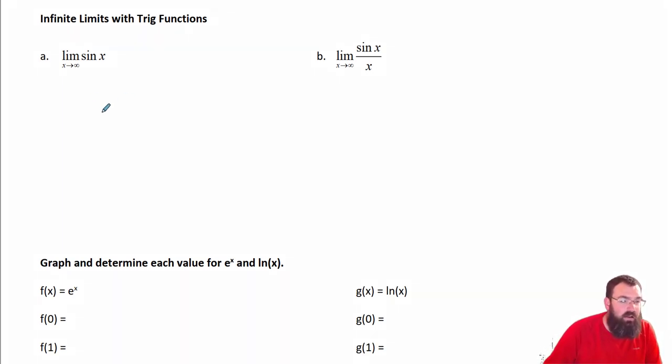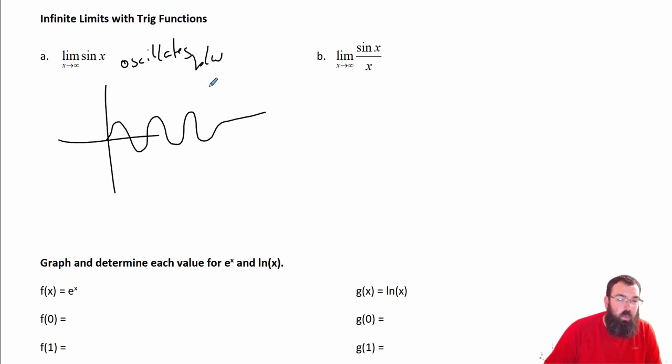So the limit as x approaches infinity of sine of x. What do we know about this function? Well, we know this function goes up and comes down and goes up and comes down and so on, all the way through the whole graph. And because it's going to infinity, it oscillates